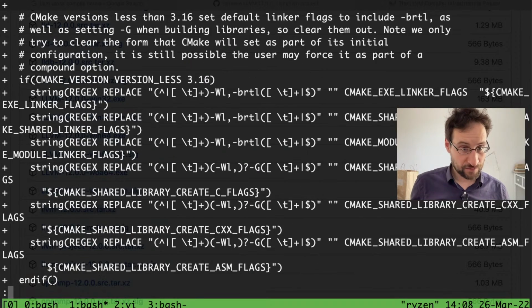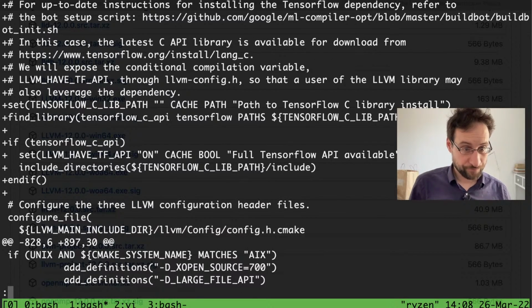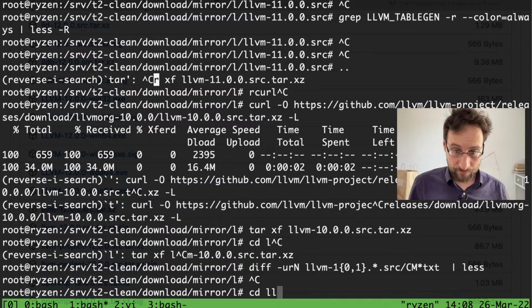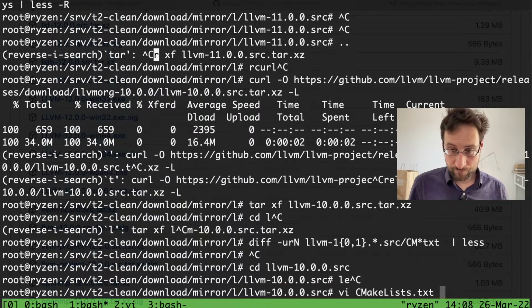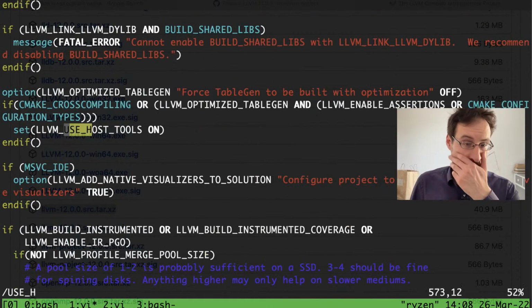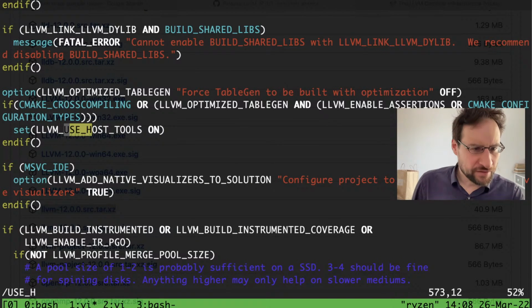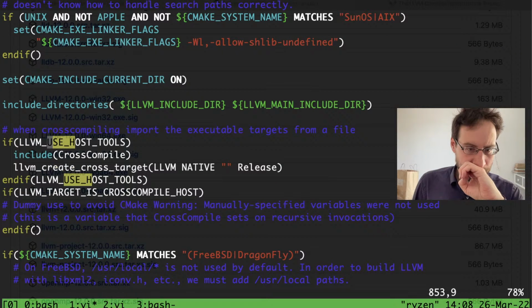Ah, wait a second. Oh no, cross-compiling. That is so bizarre. That can't be broken that long, can it?